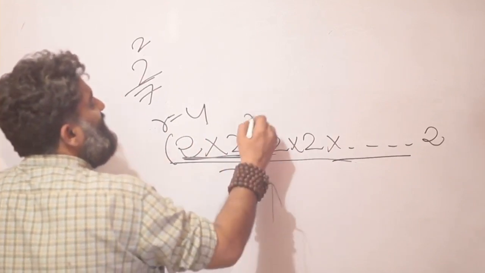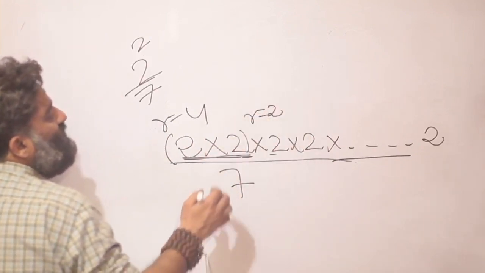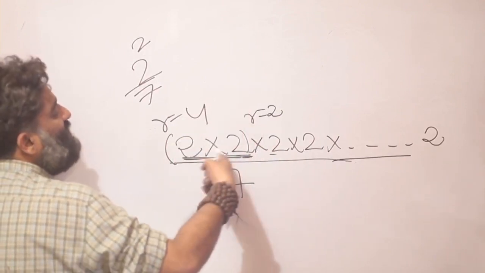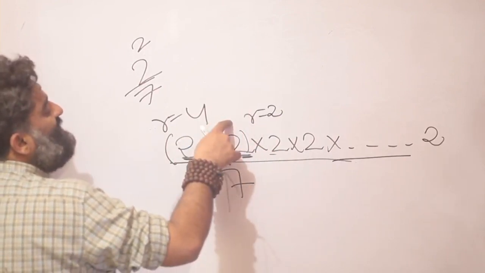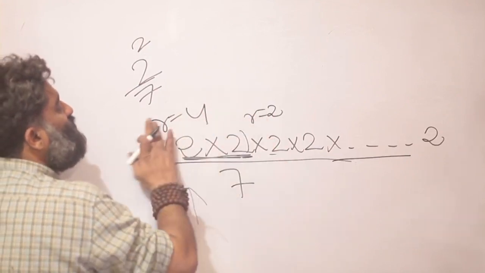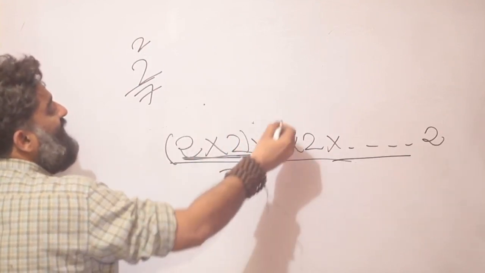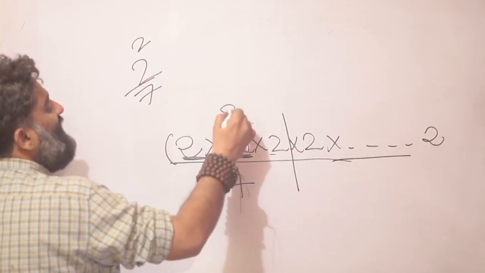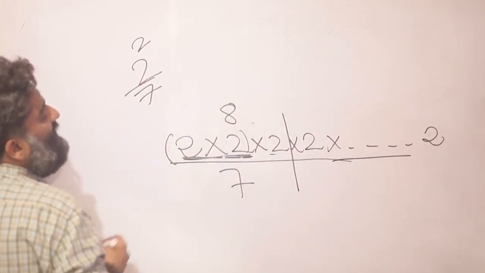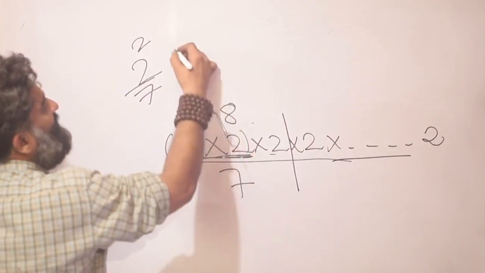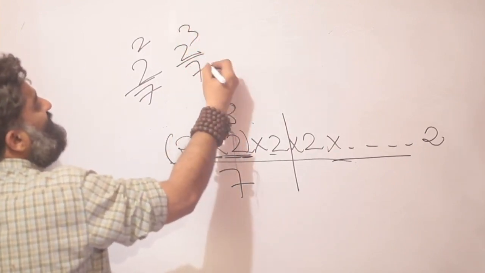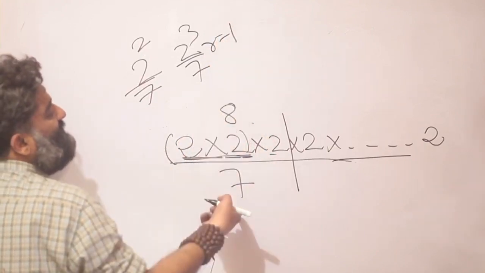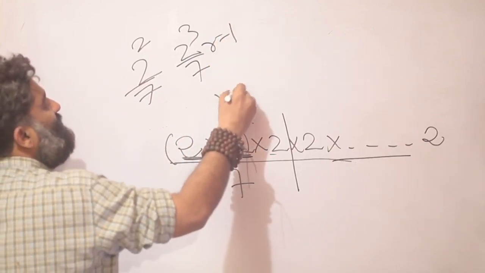This 2 is again going to give me a remainder of 2. Let me not even think of the remainder, let me not even think of the dividend, let me just multiply the remainders. 4 into 2, my new remainder, and where have I reached? I have reached 2 cube. My new remainder is 8, right? And in shorthand, 2 cube divided by 7, the remainder is 1. Remember, 8 divided by 7, once again the remainder would be 1.